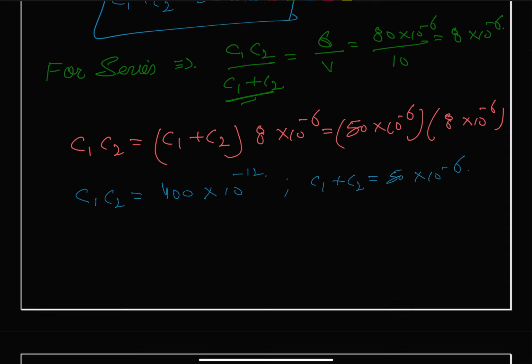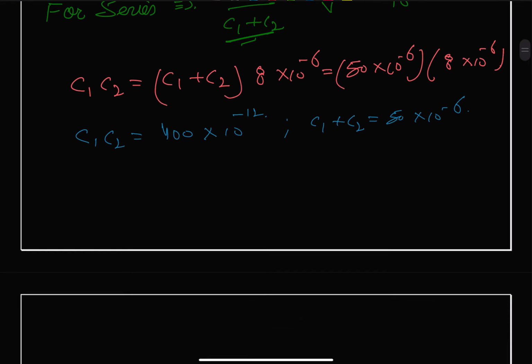And here we can just solve them. We can take C1 equal to 400 divided by C2 into 10 to the power minus 12. Substitute here, we get this as 400,